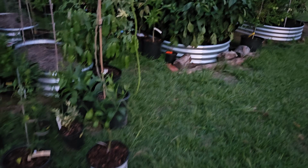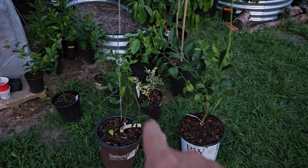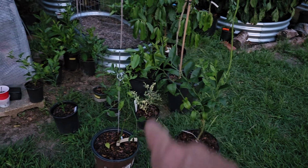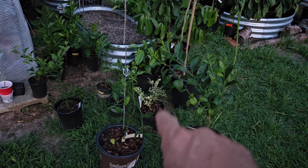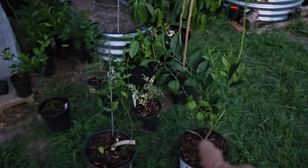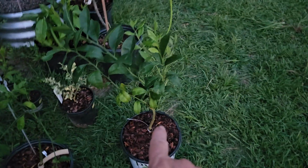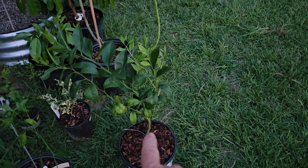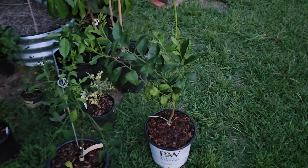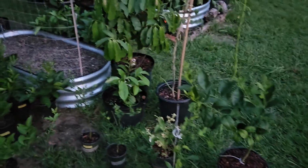But before we go looking at anything over there in the vegetable garden, let's look at a couple of our container trees. So right here is a prog, and we're still waiting for that graft to heal up a lot better. Probably next year before we try to get that planted in the ground, but it's growing pretty good. Got plenty of new growth on it. And then right next to it is a changshaw, and the same thing with that. We're going to just grow this out in the pot probably for another year. We have already planted one of our changshaws in the ground,